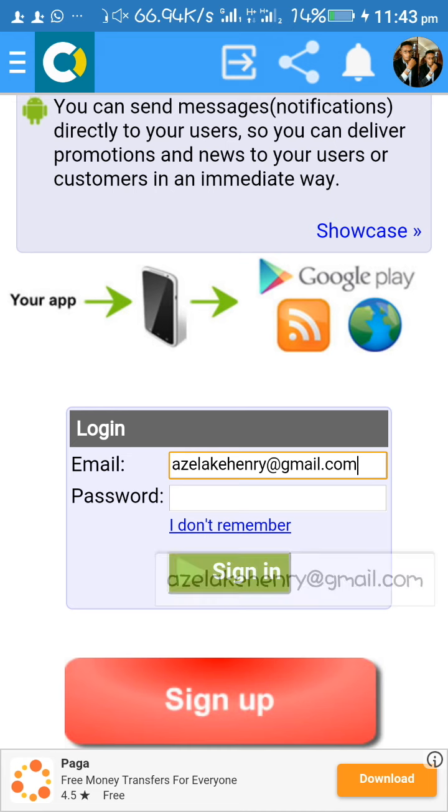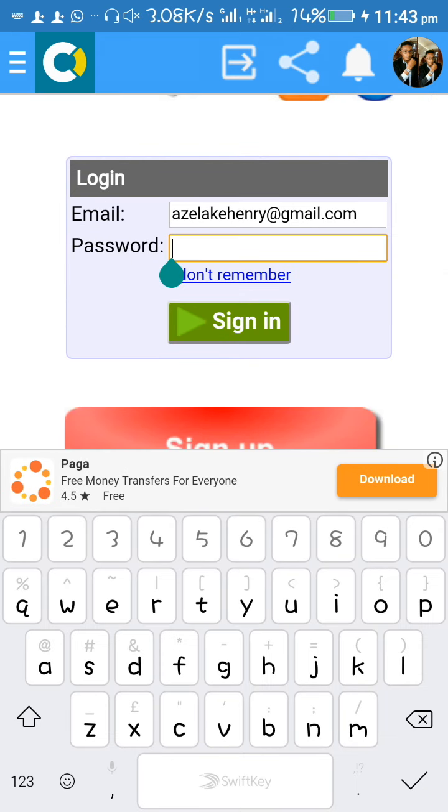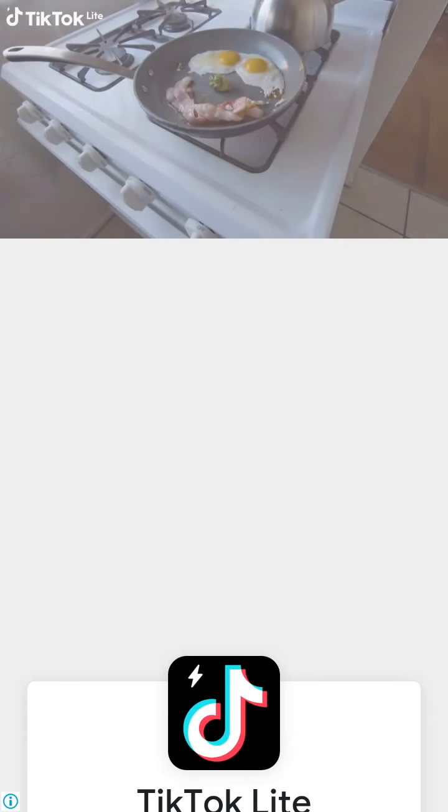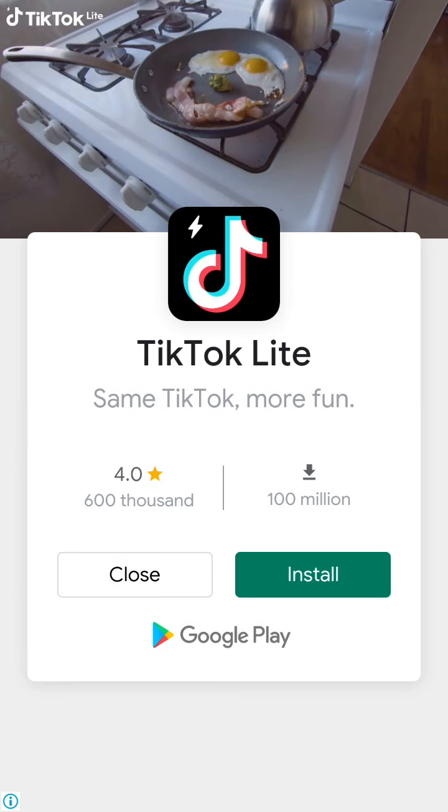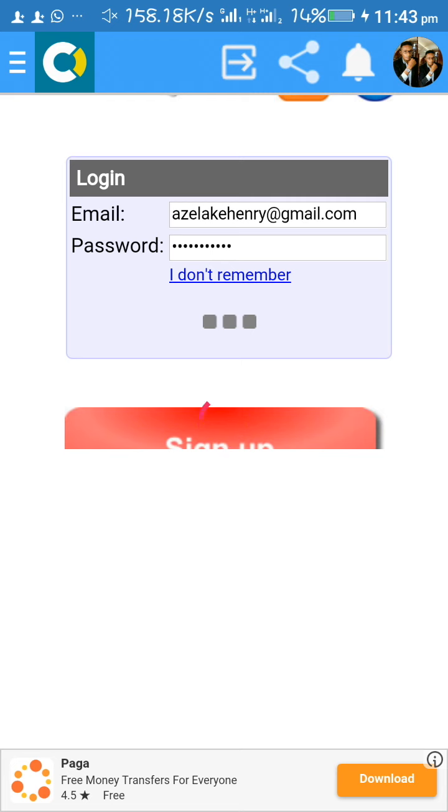Now let me enter my password here. You can see I've entered my password. Then I'll just click on sign in. It's loading.